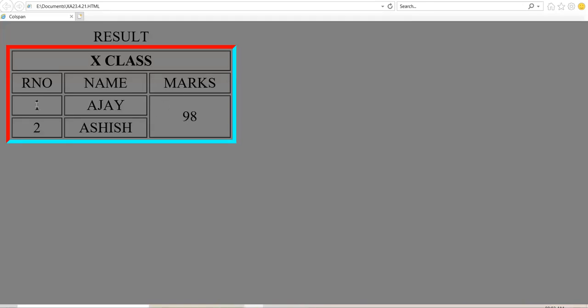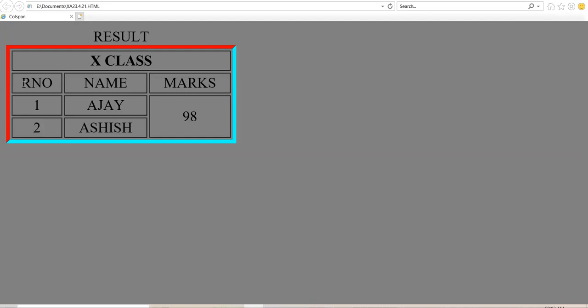This cell, this is the third row, which I have shaded in front of you. The cell where marks of Ajay were written, the same cell gets combined with the third cell of the last row. And you see the movement, it is going vertically down. So this is rowspan. If the third cell of the fourth row is already combined, so the last row definitely will have 2 cells. Okay, clear?